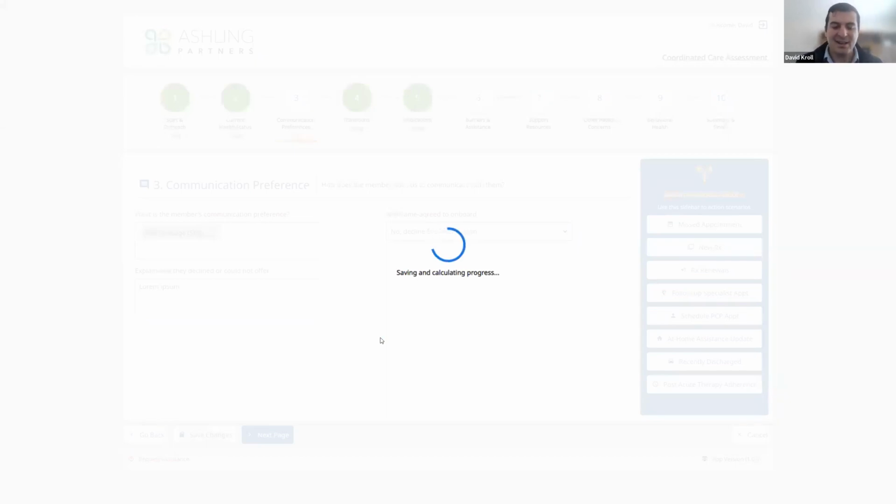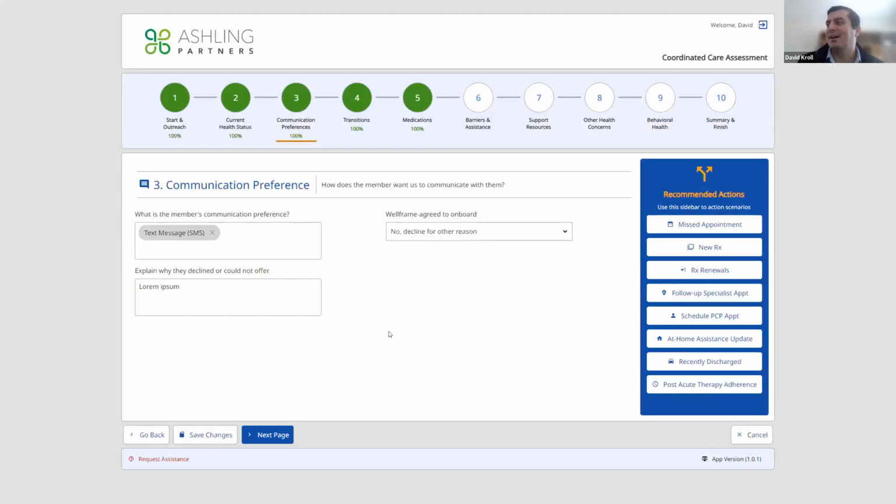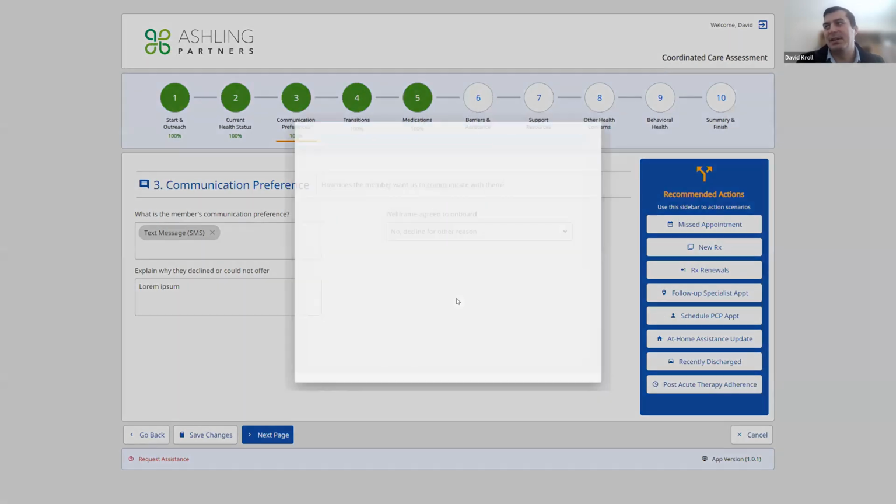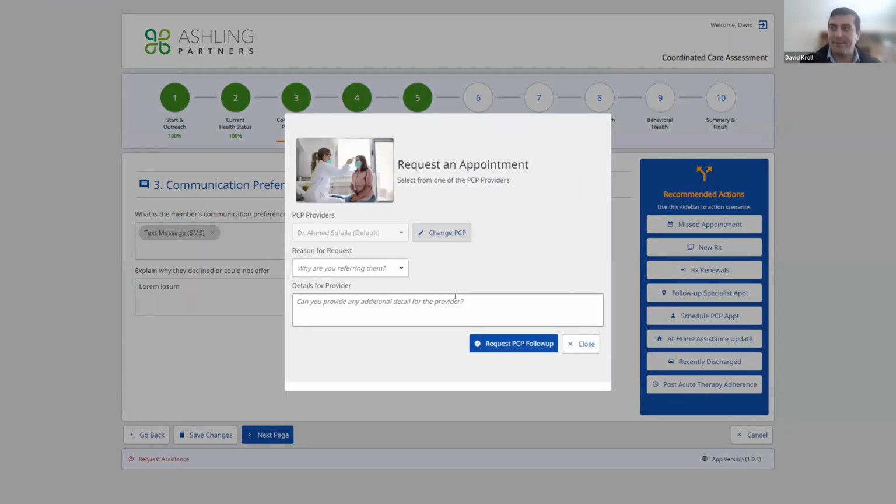So you can kind of see how that interface comes together, how we built it in apps, how we're tracking the progress and capturing the different fields across the different stages. But also, we have that menu on the right, in case we need to go out and do more specific things. So maybe as a part of my conversation, I realized we need to schedule a PCP appointment. So I can naturally fetch the PCP provider for this member or patient. If I need to make a change, I can, of course, go in there and do that. But maybe I need to schedule this person for a COVID vaccination,